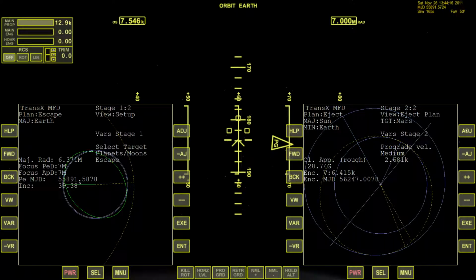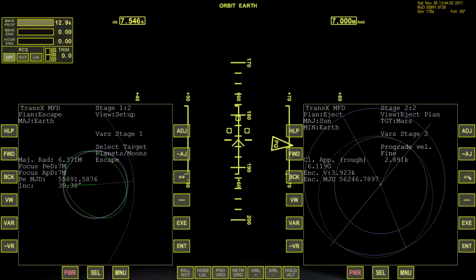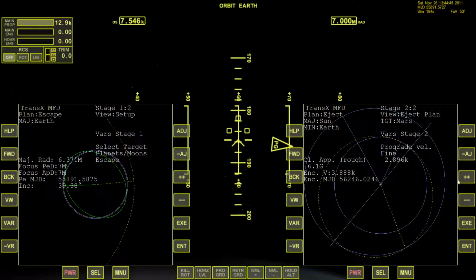You can see the closest approach coming down. And I'll just continue adding some prograde until that won't go any lower. And we're getting down to about that point. Now, there's a better way to set this plan up, but we'll just do it this way for now. Because you can see here we're leaving Earth and we're arriving, it's not exactly a Hohmann transfer, but nevertheless,